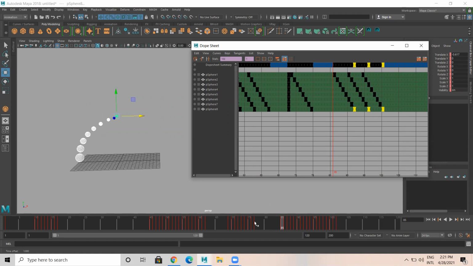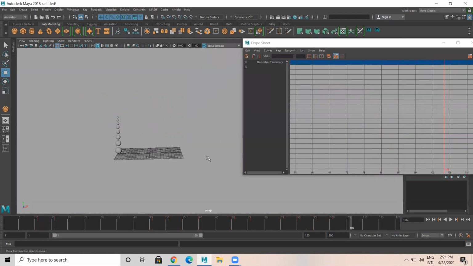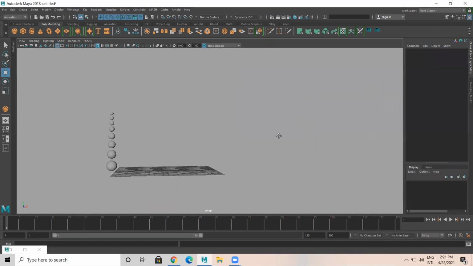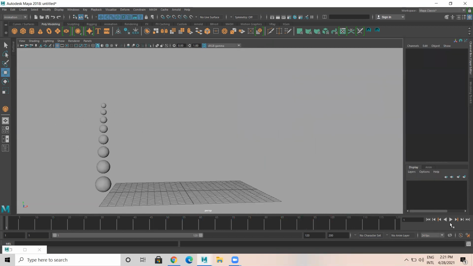Okay. So now let's observe what has happened till now here. I'll just minimize this. See the movement. It's like tail animation. It's very simple to do using dope sheet, but manually it's a bit complicated to achieve this kind of output.